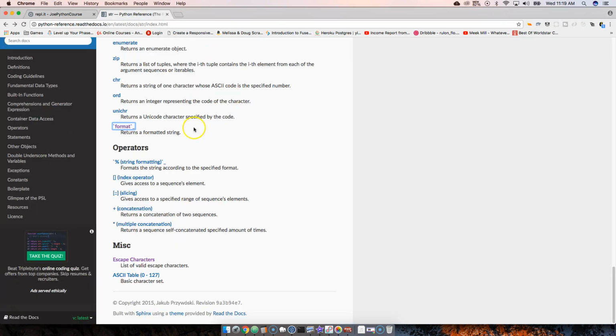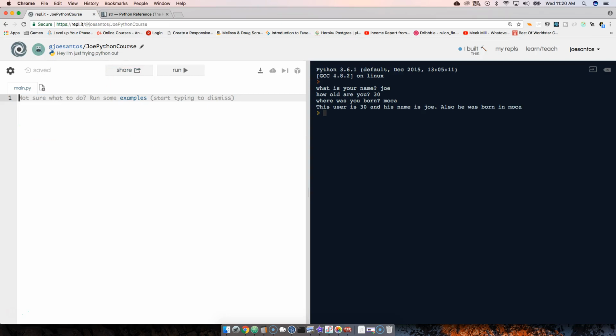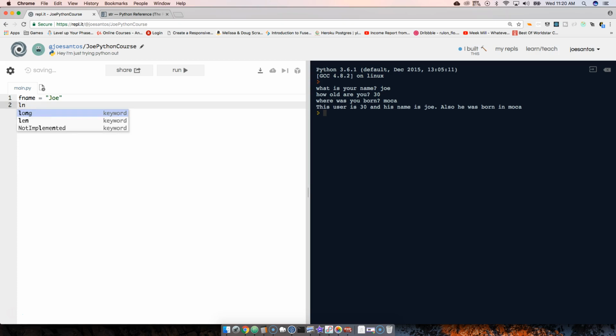Now, let's talk about concatenation and multiple concatenation. Okay, so we're gonna come here, delete this, and we're going to create a string. So we're gonna say something like name. Okay, we're gonna say name or F name. All right, and we're gonna say Joe. All right, and then we're gonna come here and we're gonna say L name. Okay, we're gonna say like this, Santos Garcia. Now, if we wanted to put this into one full name, we say full